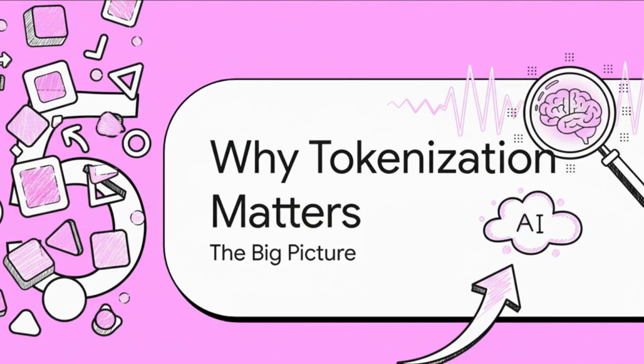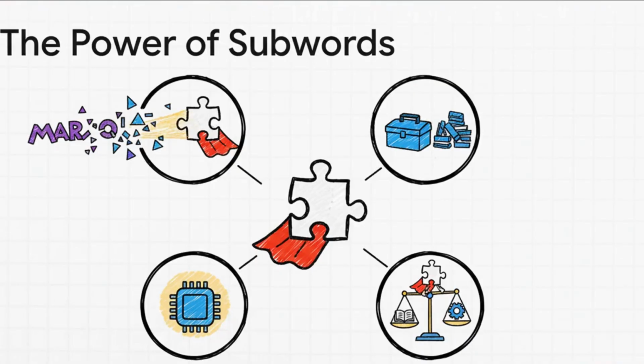Okay, we've been way down in the technical weeds. Let's zoom back out for a second and ask the big question. Why does any of this matter so much? Why is this one kind of obscure technical step so important for how AI works? Well, when you get right down to it, subword tokenization gives a model actual superpowers. It means it can handle basically any word you throw at it, even if it's brand new, just by breaking it down. It keeps the vocabulary size totally manageable, which saves a ton of memory and computing power.